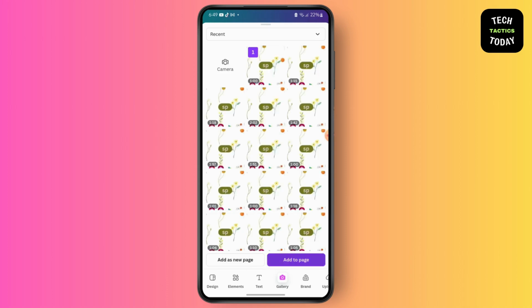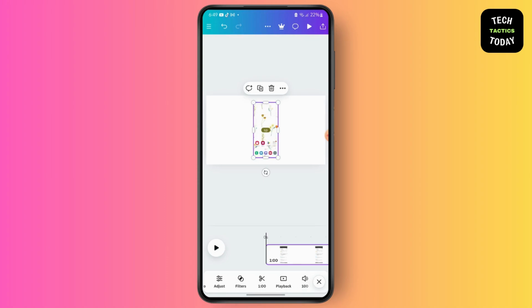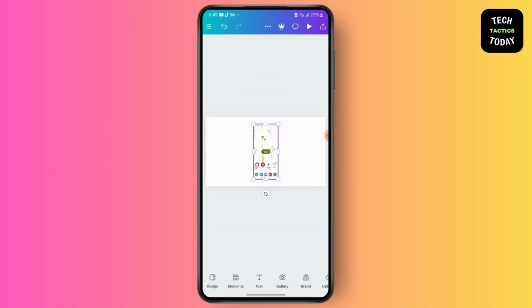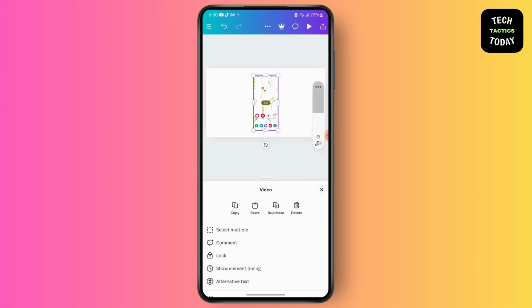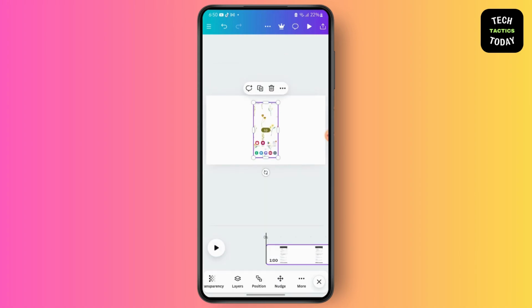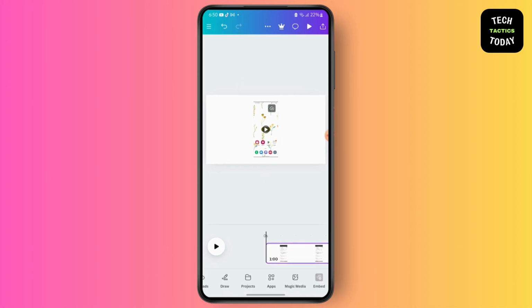Go to add to page and from here scroll and you will see more option. Now, if you cannot find the caption option, what you will have to do is go to